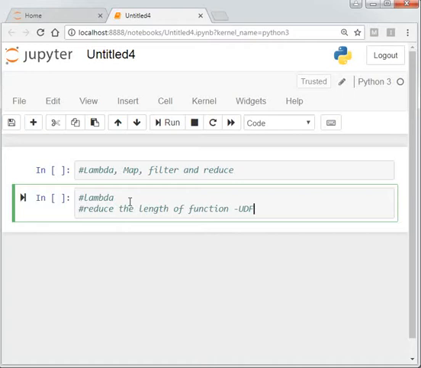Some functions use only two or three lines, so we can convert such a function by using the lambda function.